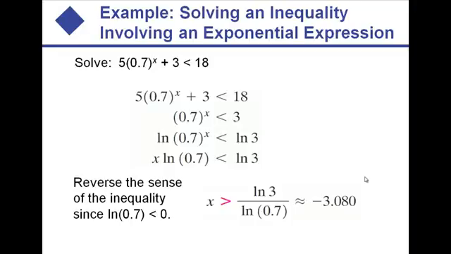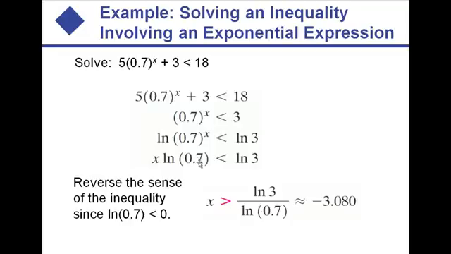So we would still treat this like we would any other exponential function. If we're trying to solve for x, the first thing we want to do is isolate it. So we move the 3 over, which gives us 15. Then we divide by 5, which gives us 3, right? So that's how they got to 0.7^x equals 3. Now, to solve for x, we take the natural log of both sides, so that'll take the x down, gets us to this point. Now to solve for x, we have to divide both sides by natural log of 0.7,